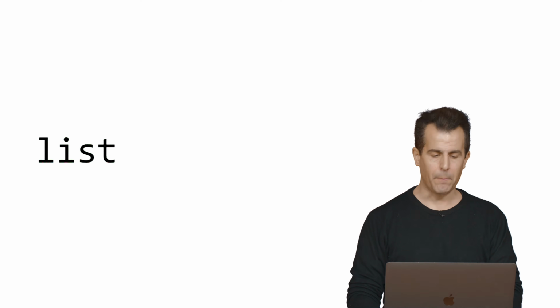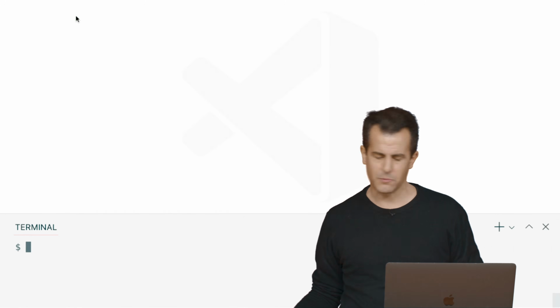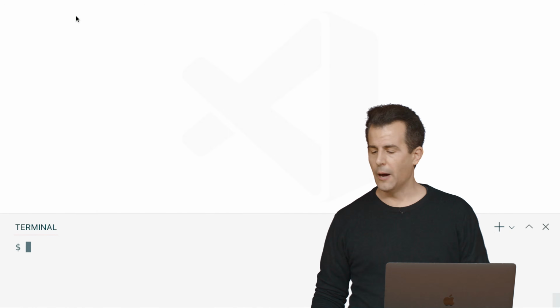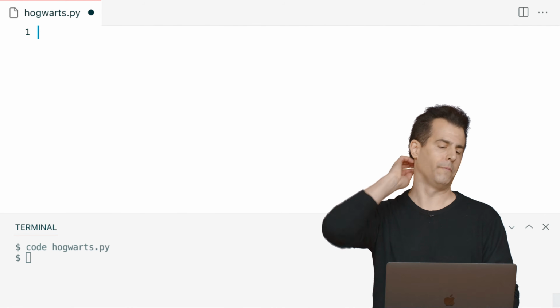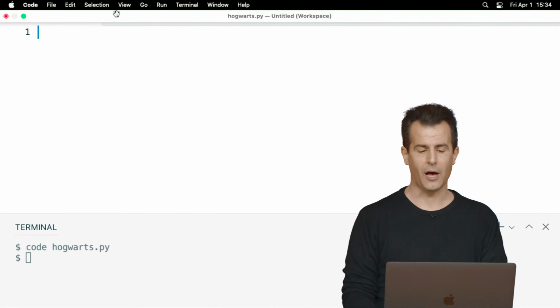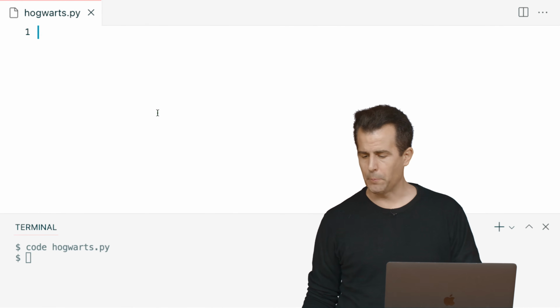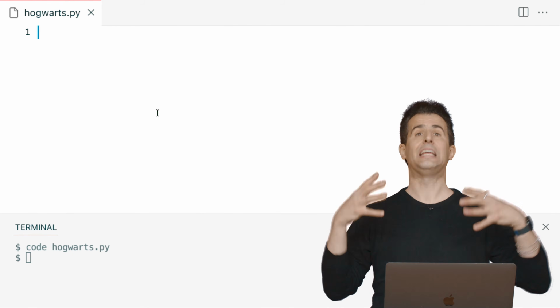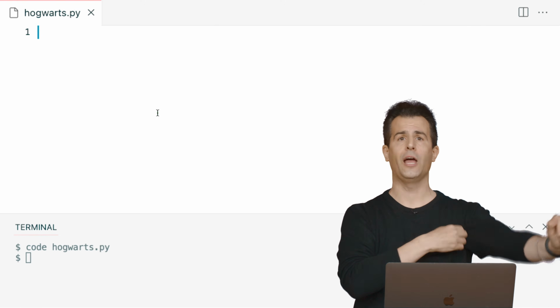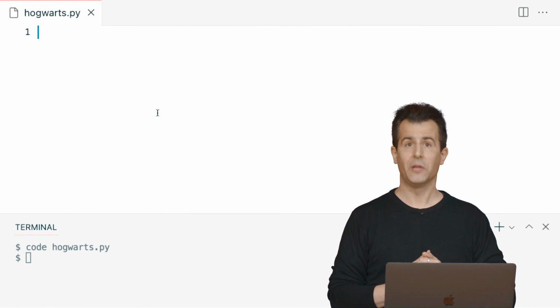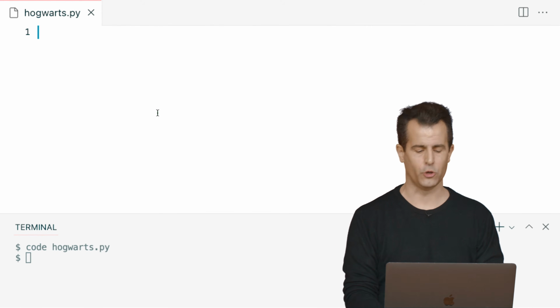So let me propose that we come back to VS Code here, and let's do something that's perhaps a little familiar to some folks, the world of Hogwarts. And let me go ahead and code up a file called hogwarts. And let's see if we can have a list of students at Hogwarts here. So I have a new tab called hogwarts.py. And let me go ahead and propose that I just define in this program a list of students whose names I know in advance. So I'm not going to get user input for now. I'm just going to know from the get-go that the 3 students I want to consider are these.